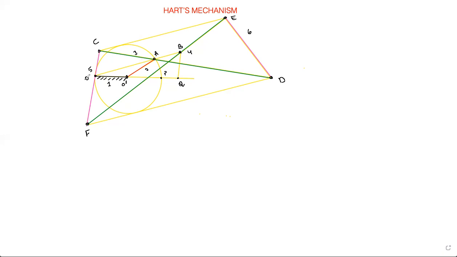Now what do I need to prove here? Again the same thing: OA into OB should be equal to a constant. If you are able to prove that, then your problem is solved. You just have to prove that OA multiplied by OB is constant. Then we can say that B traces an exact straight line which is perpendicular to the diameter of the circle. You can see the diameter here; we have drawn the diameter. So it is perpendicular to the diameter over here. This yellow line is the trace.